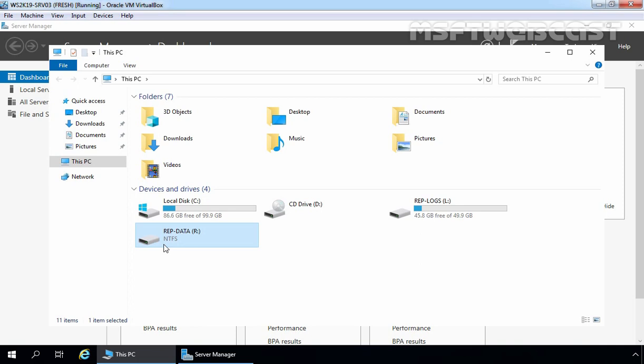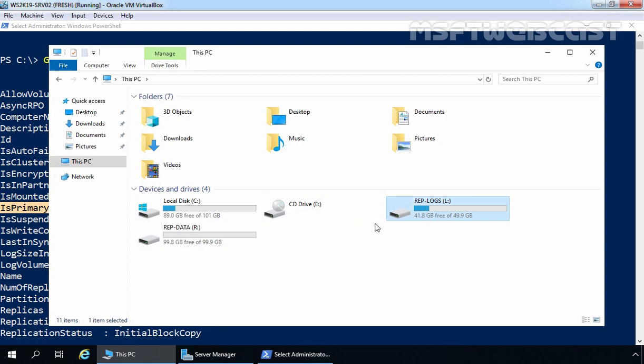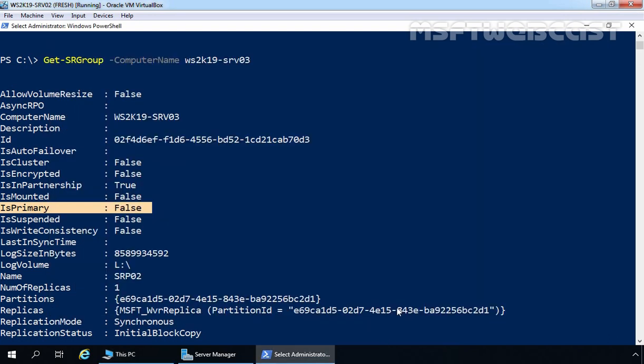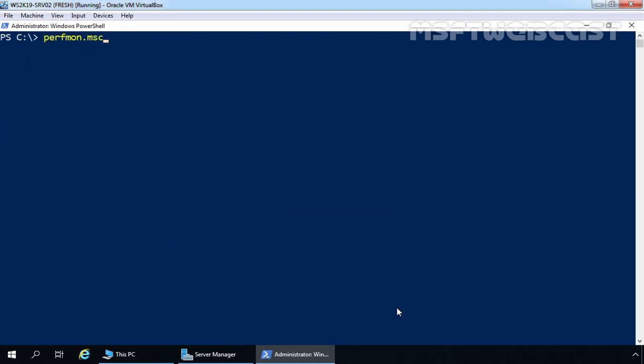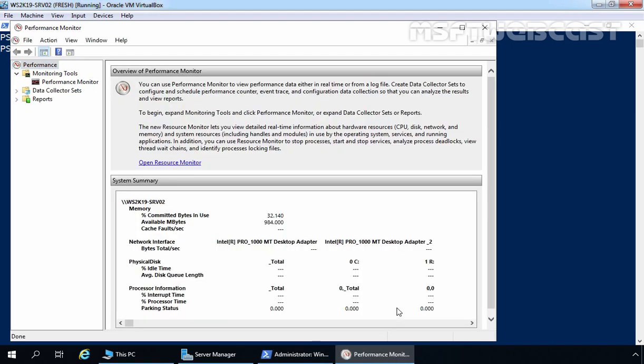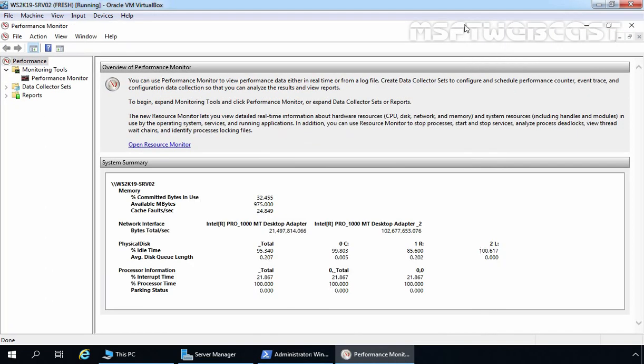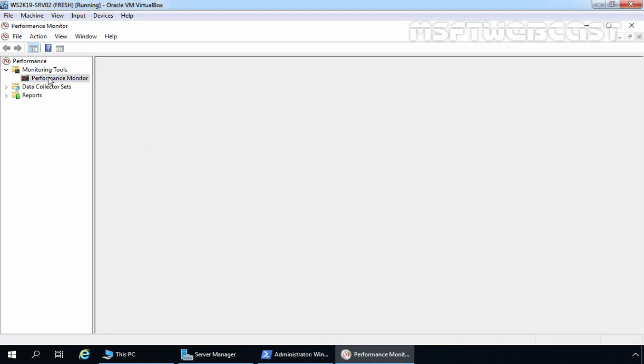For that, we can use built-in performance counters to monitor the performance of volume replication. Let's switch to SRv02 server because that is our primary server. And at PowerShell, I'm going to run command perfmon.msc. Let's clear the screen. Let's open Performance Monitor tool. Let's maximize it. Let me click on Performance Monitor.